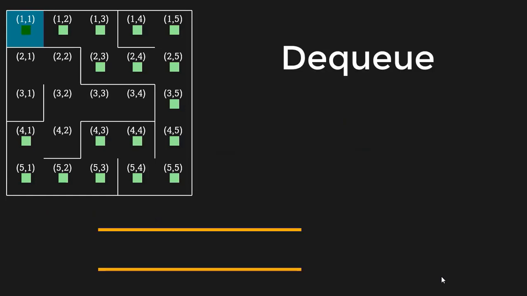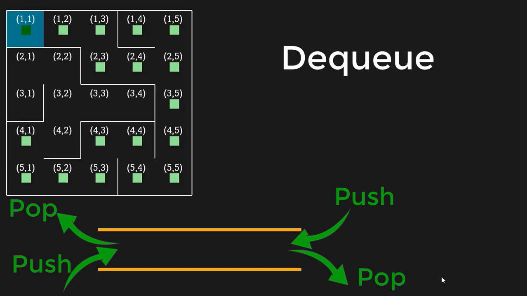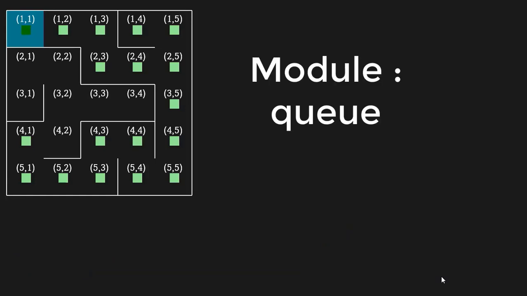There is also the data structure deque, which is also open from both ends, but we can push items into the queue from both ends and we can also take out objects from both ends. We don't have a built-in queue data structure in Python. We can import that from the built-in queue module or we can use a list as a queue very easily.